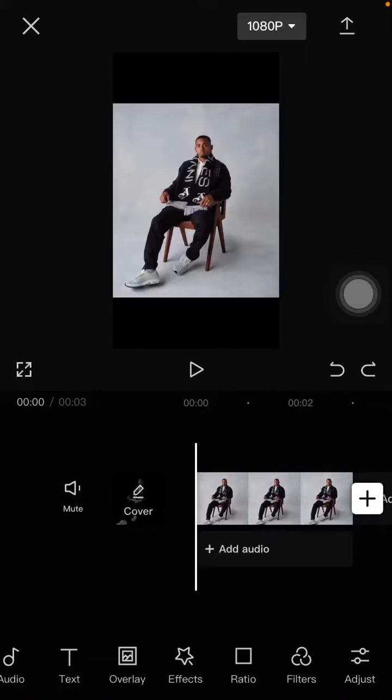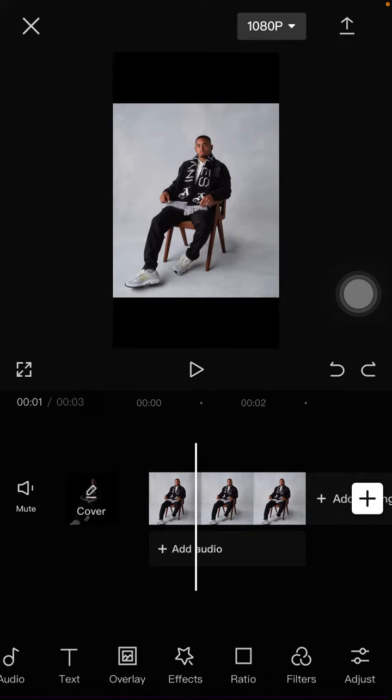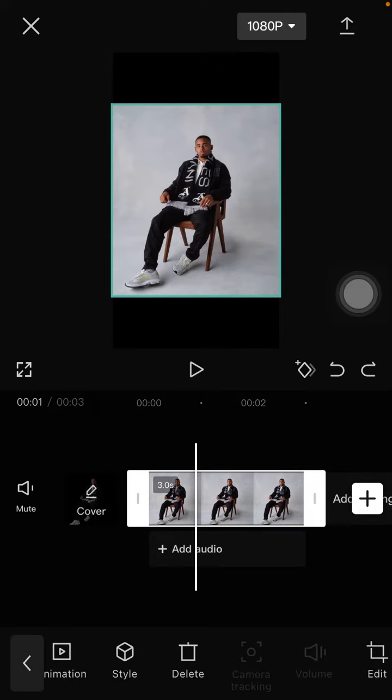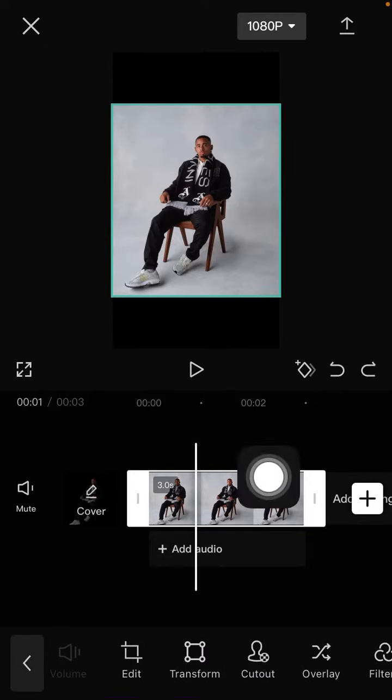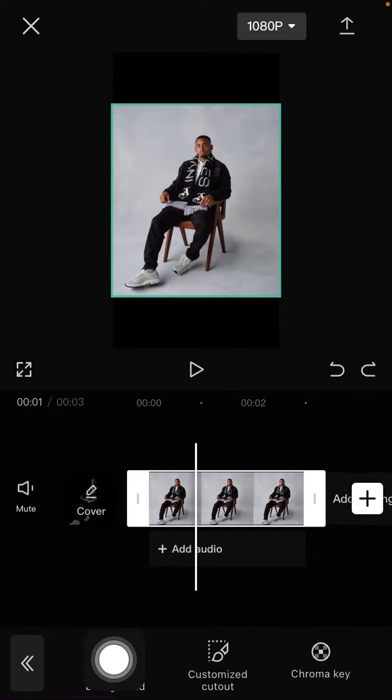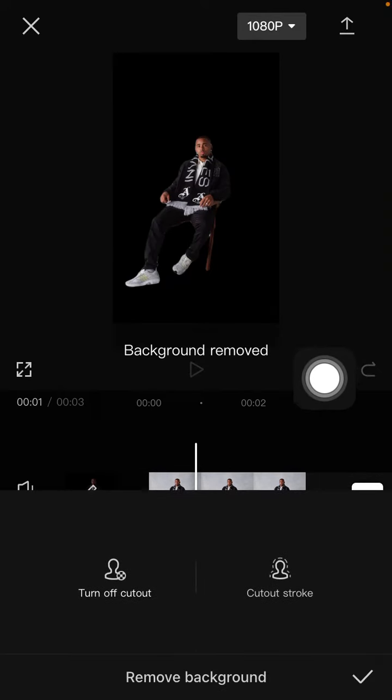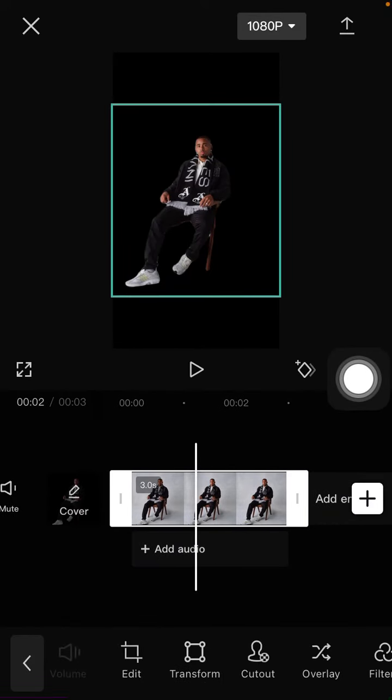In this simple video I'm going to show you how to adjust the background in the CapCut app. For example, I have one picture here and I want to adjust the background. Before I remove the background, just click on the clip and then select Cut out, and select Remove background. For this kind of clip, just click the check mark, and then to adjust the